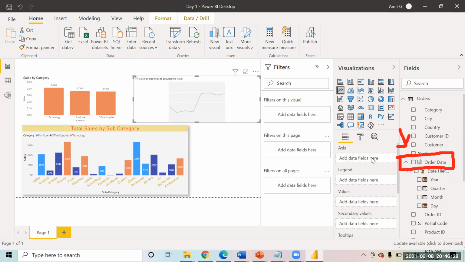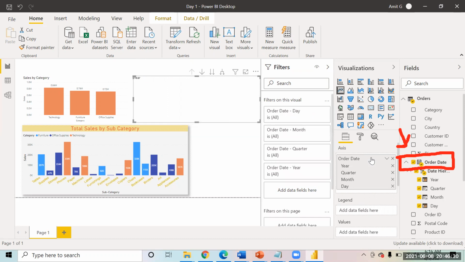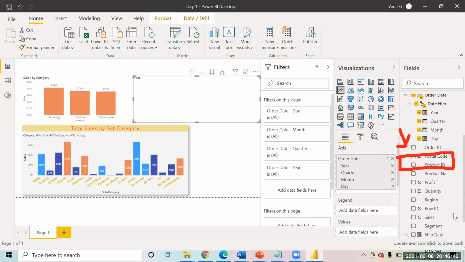I want to keep order date. Everyone please drag the order date over here. Then I pick up the sales and I put that on the values.